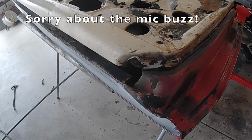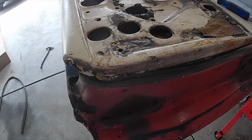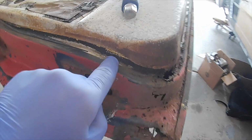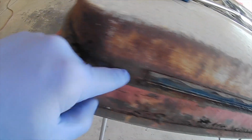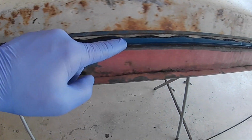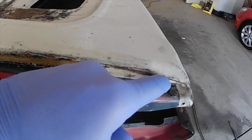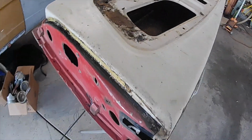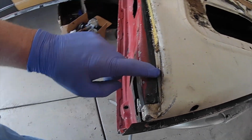So we've got the passenger side old door with the good inner skin on here, and as I said before, I'm just going to separate this right at this seam. I do have a little bit of rust repair to do in this corner, and then come right along underneath this gasket the whole way and cut it off right there. And what that'll do is give me a good point that's going to be easy to hide the weld